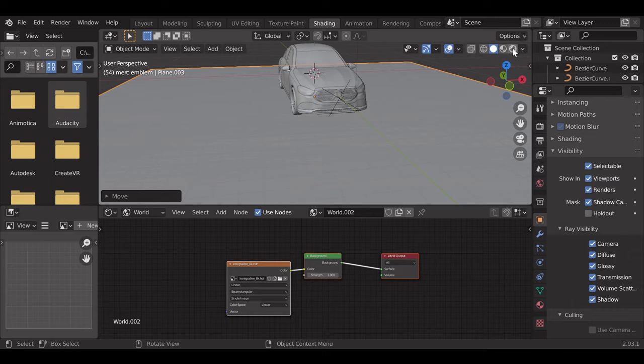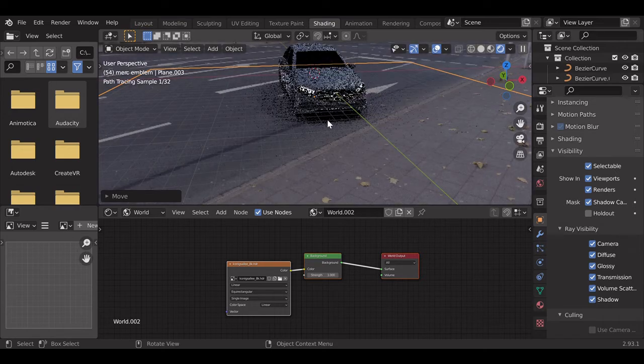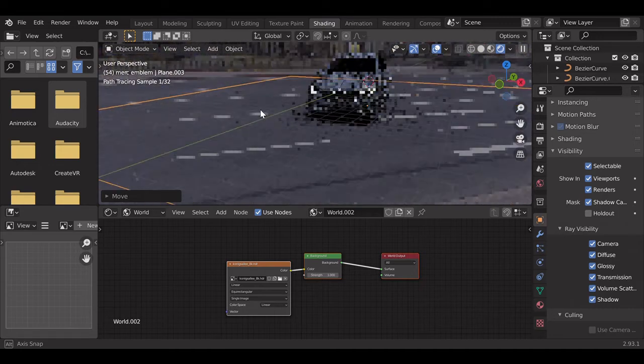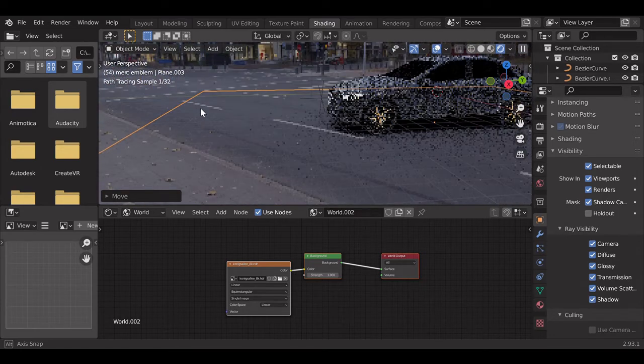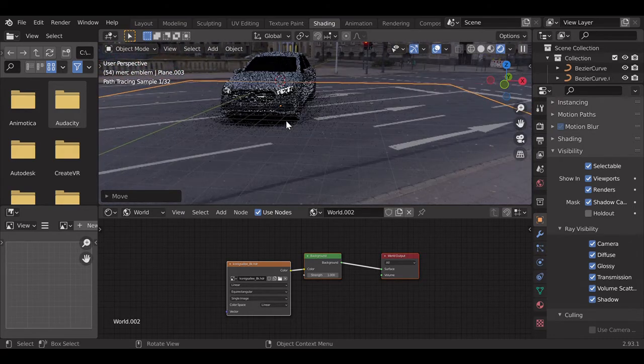Now if I go on to rendered view, you're going to see that we have a shadow for this object, which is caused by the light from the HDRI. Let it just load up. As you can see, now it appears that the object is placed on the ground, and no matter how we move it, the object will still be placed on the ground. As long as this plane is pretty close to the ground, the object will be close to the ground. And as you can see, we have the shadows from the lights from the HDRI. So this looks much more realistic.